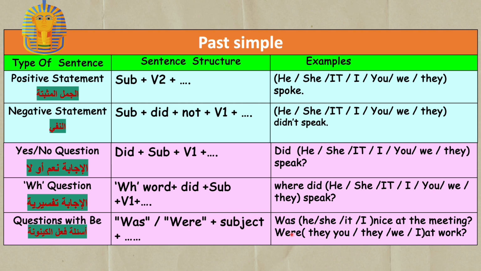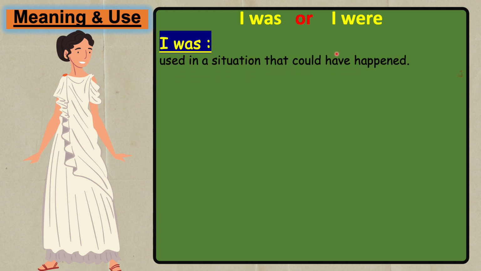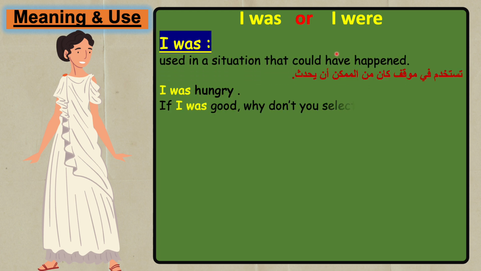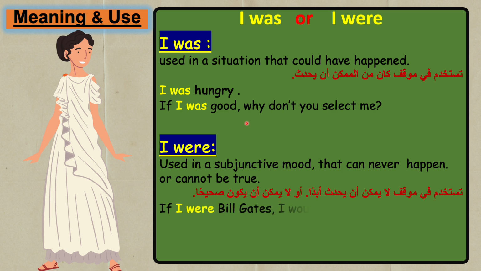Was or were, we have to note here that we can use I with was and I with were. So, I was or I were. When the subject of the sentence is I, we use was. I was hungry. I was good. Why don't you select me? I were. We use